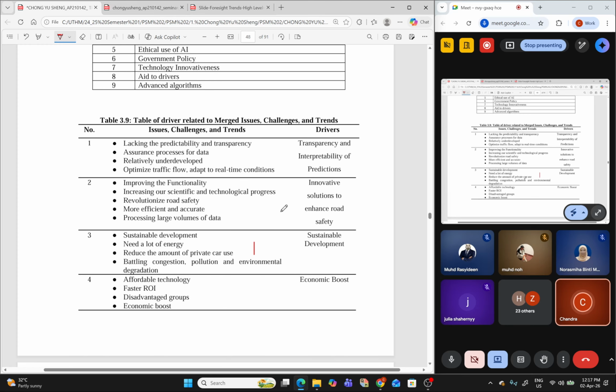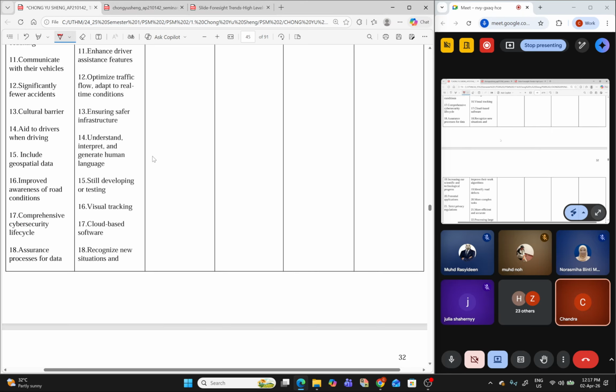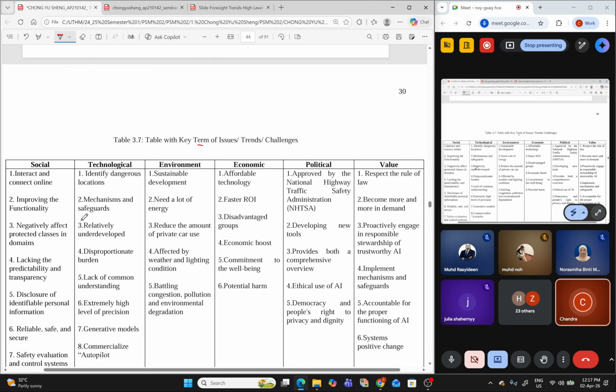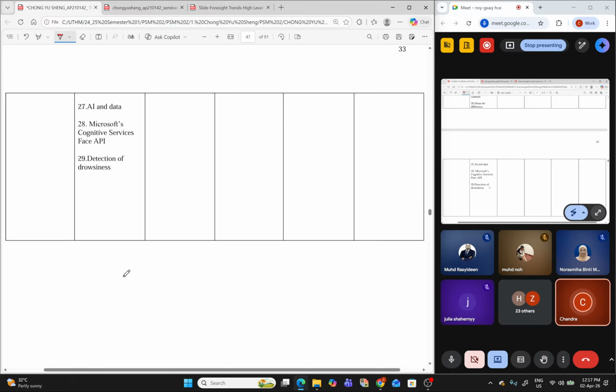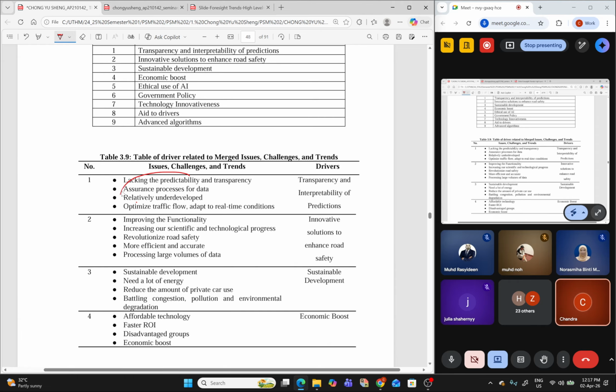After this, what you have to do, take some of the keyword. Okay, keyword tadi you combine. Try to combine and come out with another summarized word. This what we call driver. Tadi kita ada banyak keyword ni. You tengok apa ada connection tak keyword yang satu ni dengan satu lagi. Okay, keyword mana yang ada connection tu you letak dekat sini. Summarize this to one phrases that is known as driver.